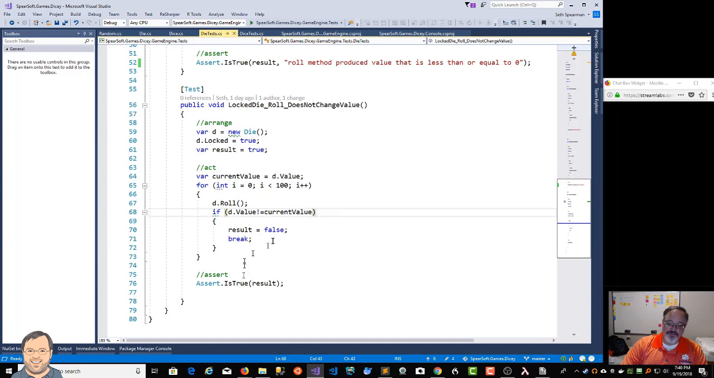Anyway, the result is set to false if the value is changed in any of those iterations after calling roll. And then that means this is true. I'm setting it to false, so it would fail the test. And again, just to show you that,